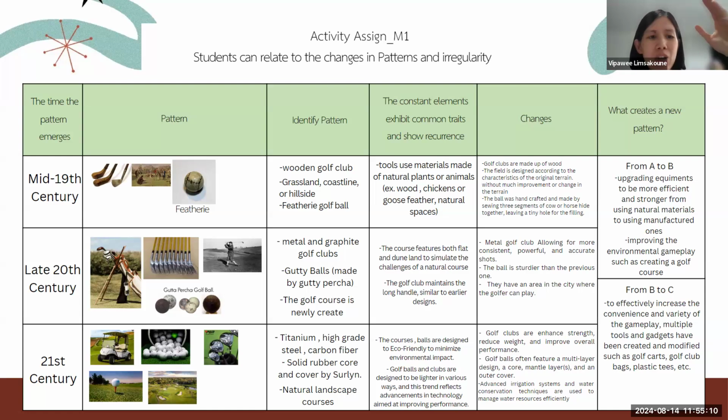Okay, it's great. But when we look at the second one, you have mentioned the tools or equipment that we have, but regarding the change or the development, it could be clearer. For example, I have seen the picture of golf clubs, like 7 of them. Are they all the same or are they different types? There could be more variety of golf clubs, maybe, based on my thought, but your team could maybe look into late 20th century, or even early to late 20th century, whether there is any development in golf equipment, for example.